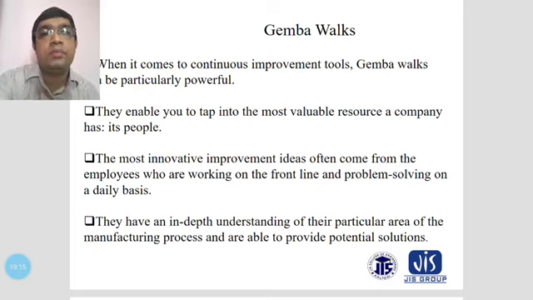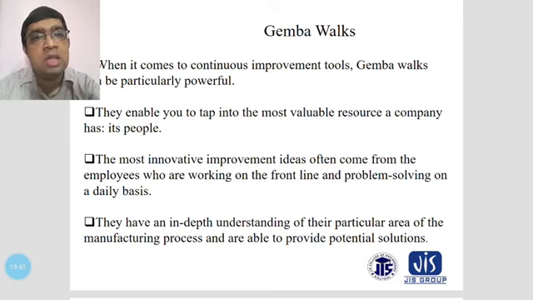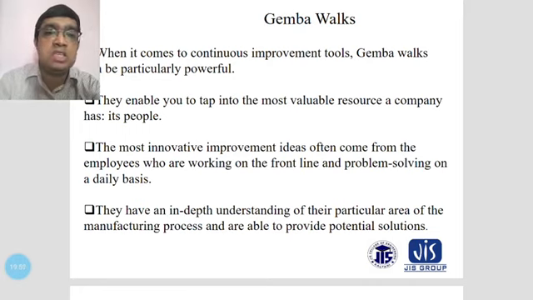Basically, some people will work on the front lines, and they will be solving problems every day, and these come from new innovative ideas. These people will also give improvement ideas on how we develop new products, how we develop our business, and how the company will sustain itself, the manufacturing units and the manufacturing environments. All these ideas will be given by front line employees who receive this work on a daily basis.